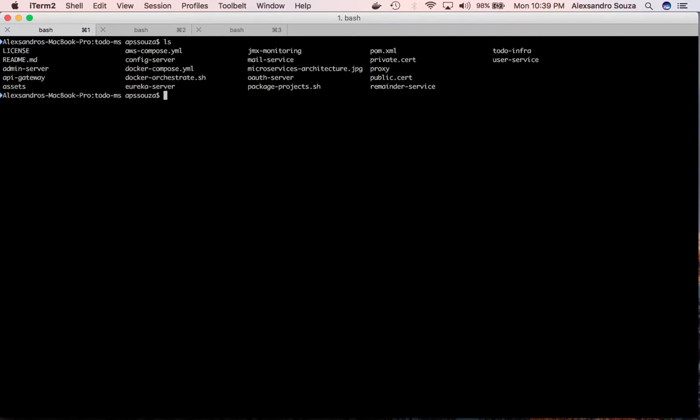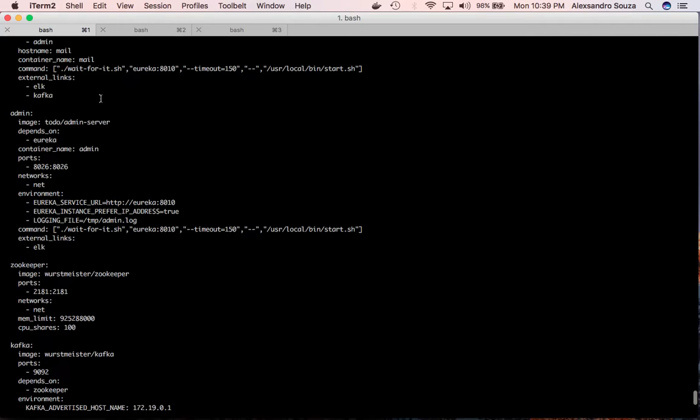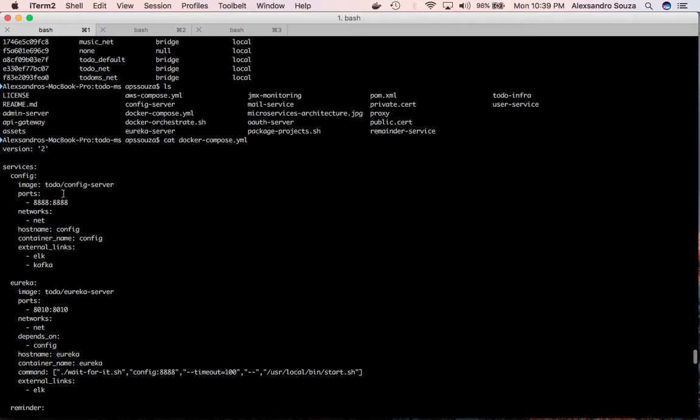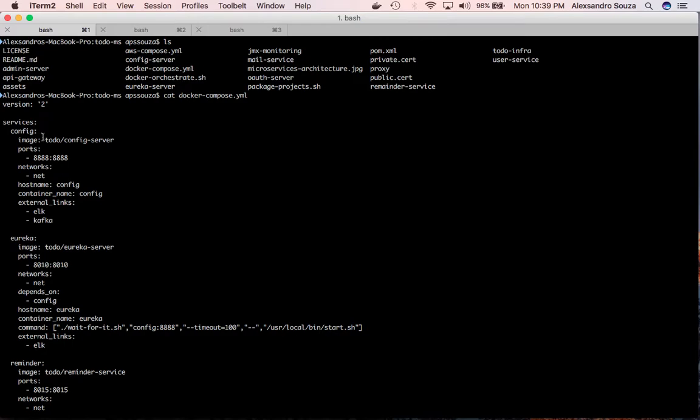Basically it's going to run from this docker-compose YAML file. In this file we have set up our services, saying which port they are going to work on, which image they should use,